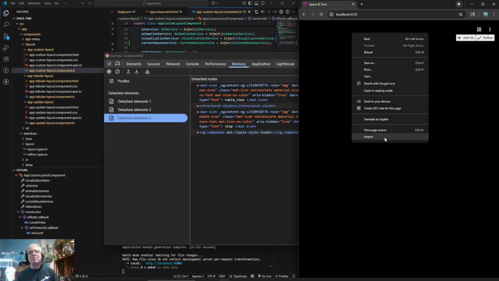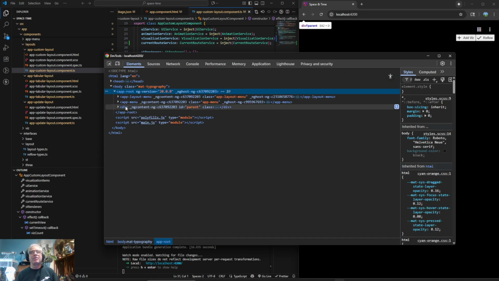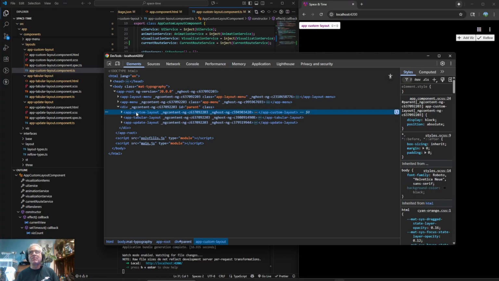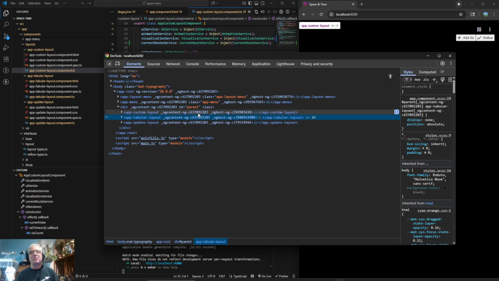If we do an inspect, I'm thinking that we'll see that the gallery is actually being displayed. The custom layout, I think, is visible. It just doesn't have anything in it. This one should be hidden, I'm guessing. Yeah, see, display none. And this one, same. But this one's being displayed, which used to be enough to get it to run, but now we have